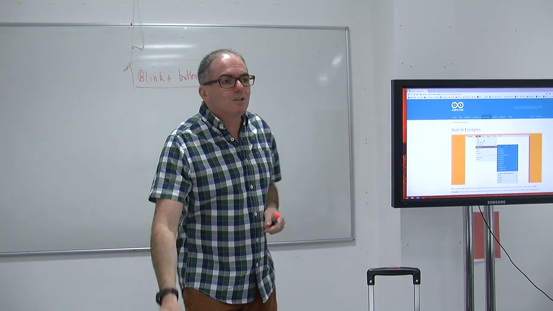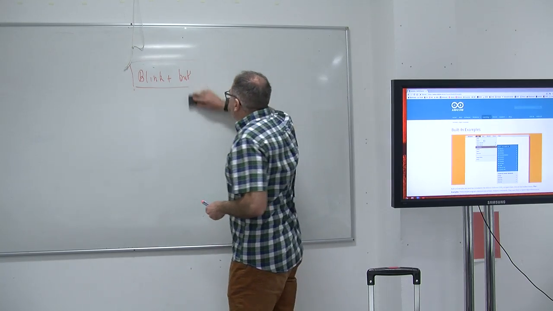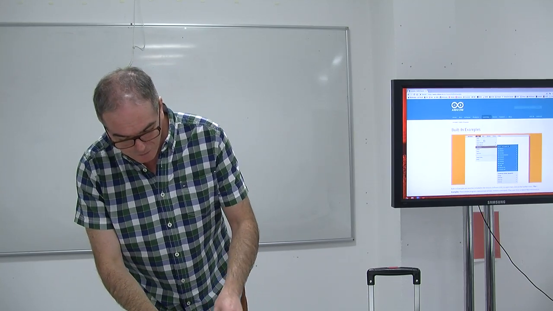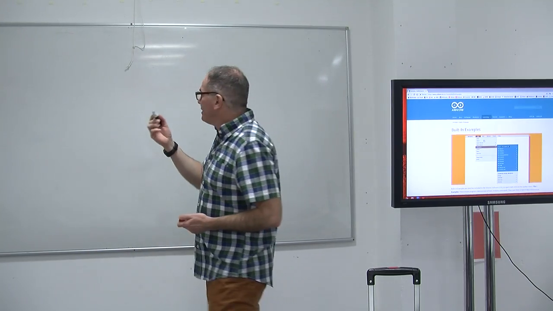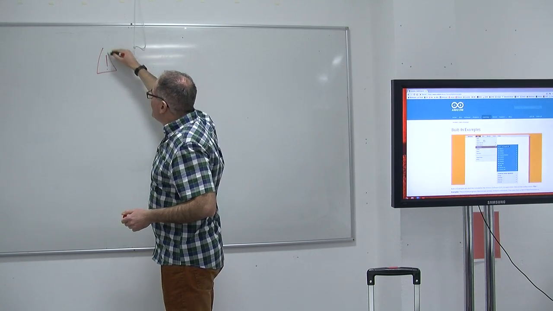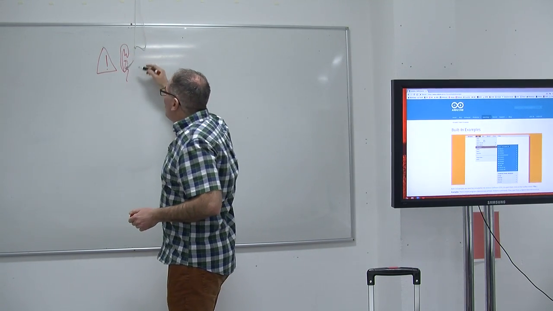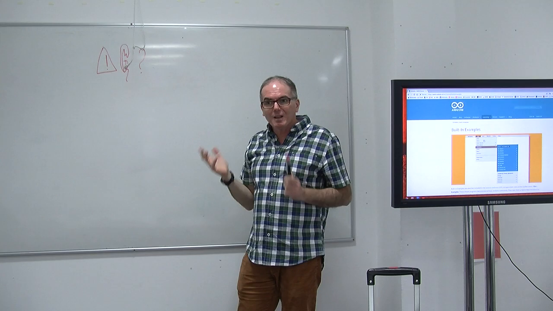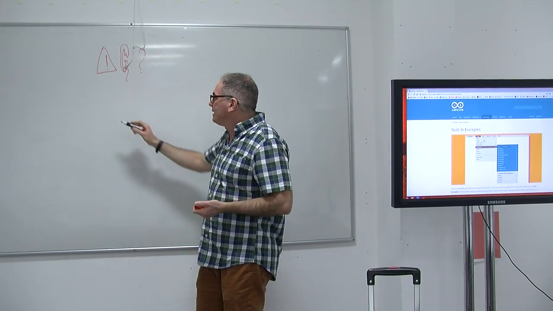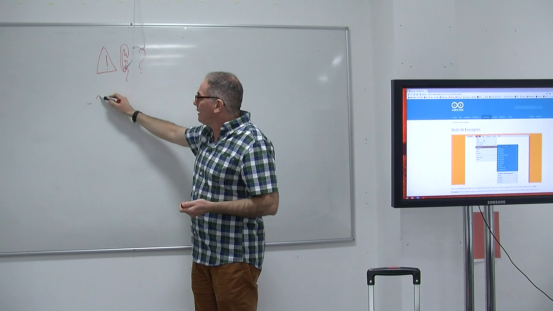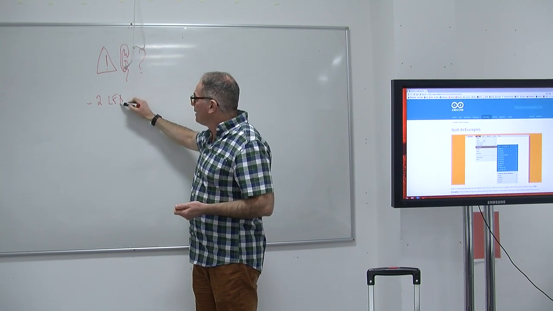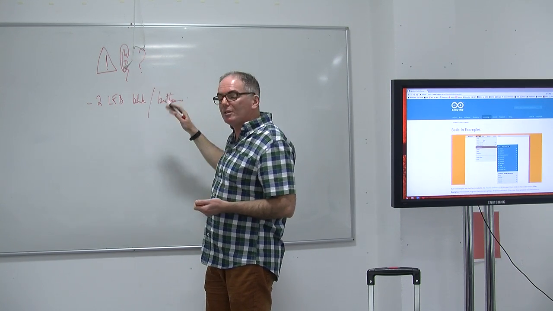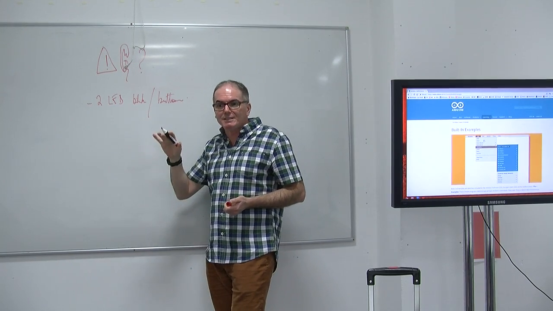So, how do we get on with doing that? Well, we know, as always, we start with our usual principles. Either we have a problem, we have an idea, or we have an exercise, and we try to find a solution. Our problem is we want two LEDs to blink, depending on a button. So if a button is pressed, it's one LED, and if a button is not pressed,